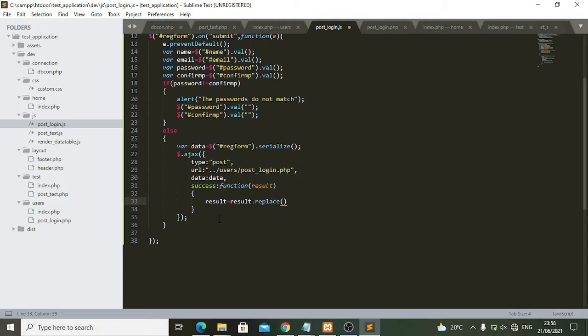Then we want to replace every occurrence of double quotes, that this is a regular expression, with single quotes. You want to replace every occurrence of double quotes with single quotes. That's what this regular expression does. So having done that, you now want to check if result equals to exists,